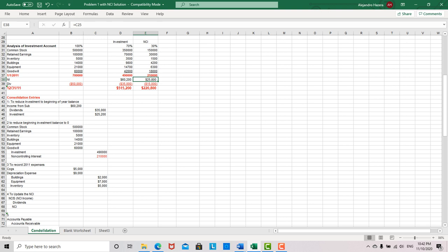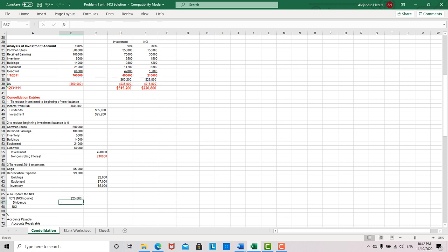And that kind of makes sense. When we get to the consolidation, you'll see we treat that like an expense. And that kind of makes sense because this is income that doesn't belong to you, so it's got to be taken out. It's like an expense. It doesn't belong to you. So if you recognize the entire net income, you've got to pull out the share that's not yours. Okay, so what we're going to do is debit